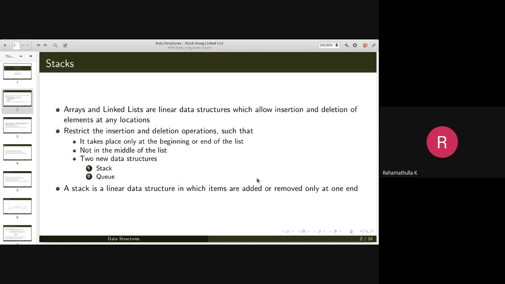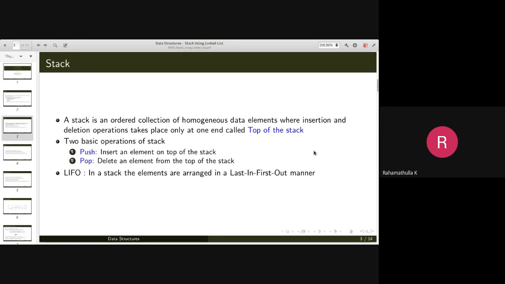A stack is a linear data structure in which the items are added or deleted only at one end. In a queue, you can insert at one end and delete at the other end.